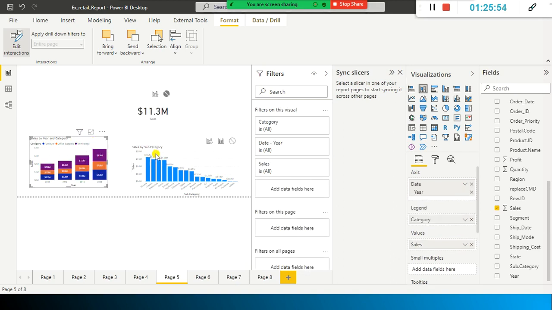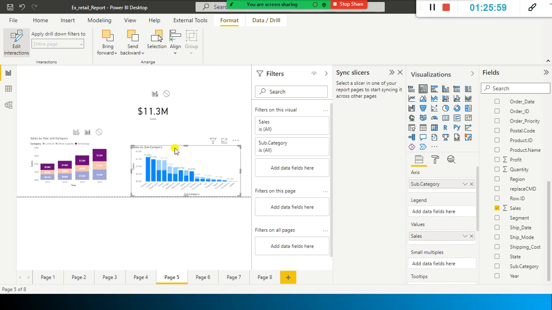So here, let's do one thing. Here what I do is I just select highlight, the same thing, the opposite. If I select any one of them here, only the corresponding value is highlighted. So likewise, all the visuals you can see here. If I say highlight, only the values that are relevant to this one you highlight here. So you need to enable highlight here. But filter shows all the values that are relevant to it.